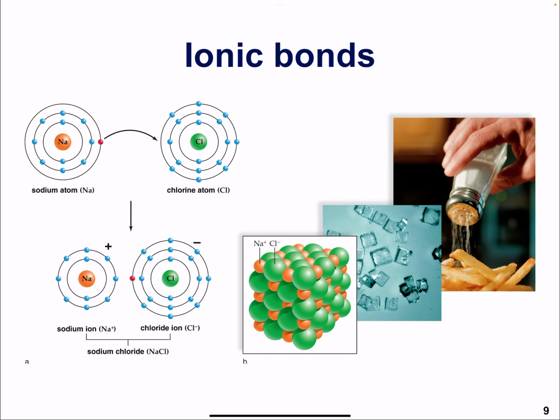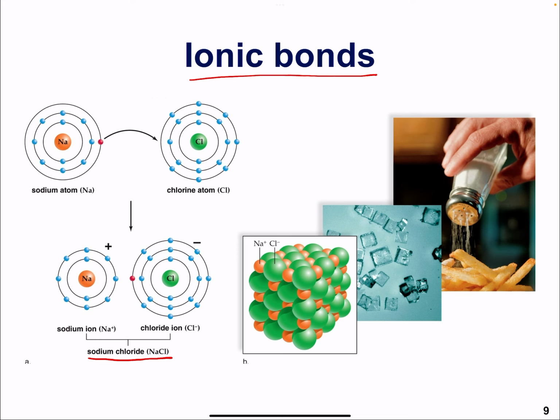Now, how do atoms come together to form molecules? There are different ways they come together to form molecules. The first way is by forming ionic bonds. In ionic bonds, if we take the example of table salt that we call sodium chloride,